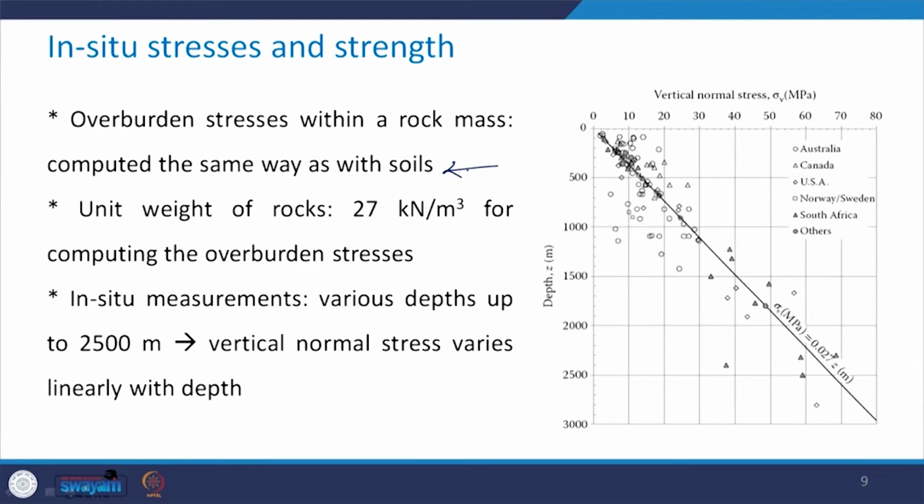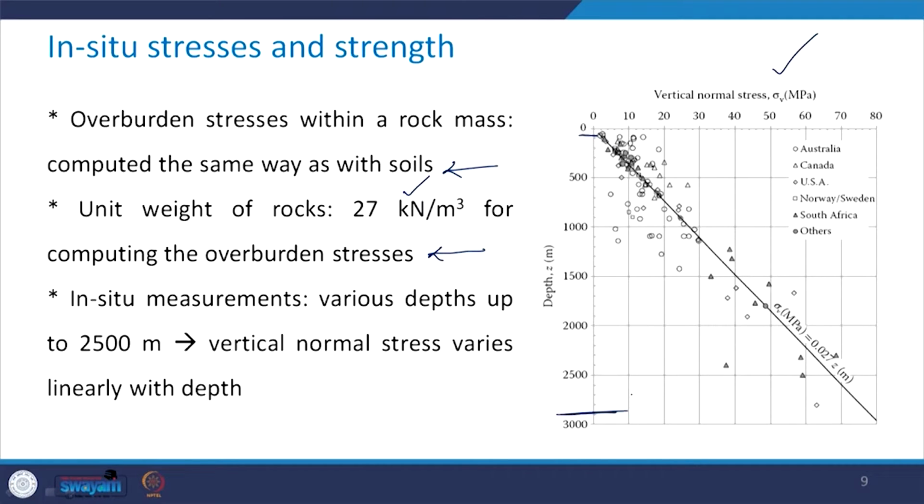Overburden stresses within a rock mass are computed in the same manner as in the case of soils. Generally, the unit weight of rock is taken as 27 kilonewton per meter cube for computing the overburden stresses. Here in this picture, in situ measurements are shown corresponding to various depths, from, let us say, very near to the ground surface up to about more than